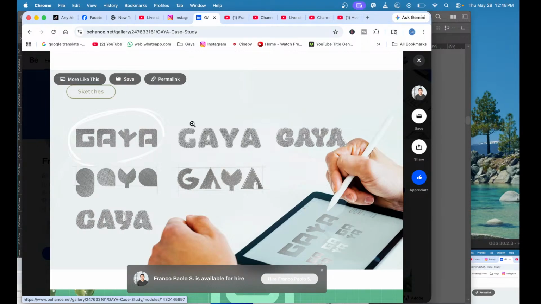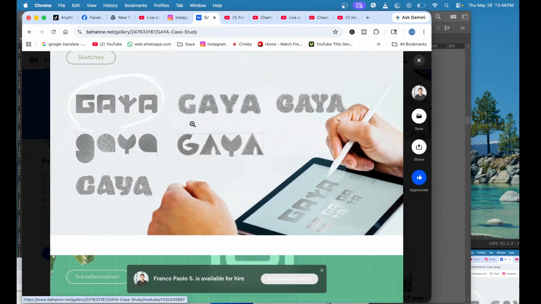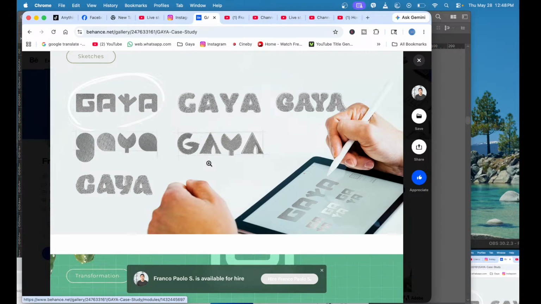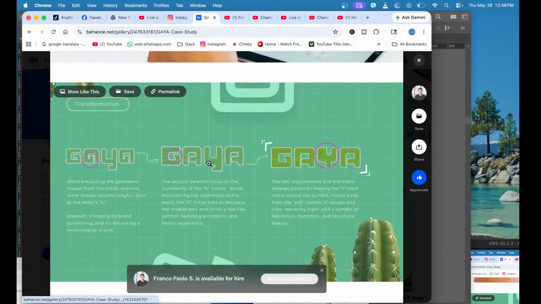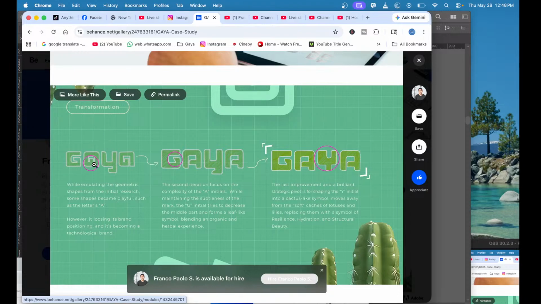Then after that one, if it's a hand drawn from a pencil, then I digitized it by Adobe Illustrator. So once I got all the rough sketches, the studies, I go to transformation. So for this transformation, we can see the changes, the small details,